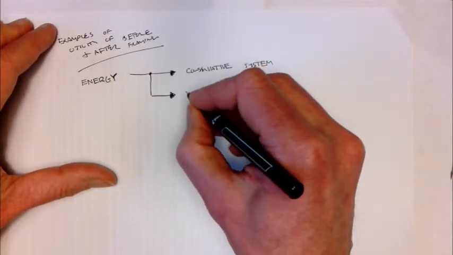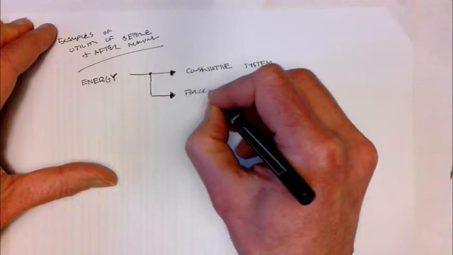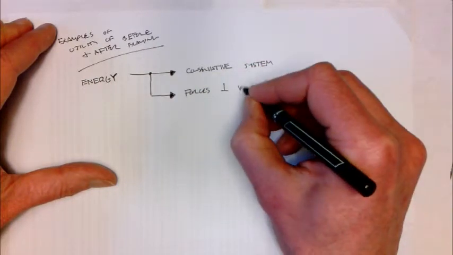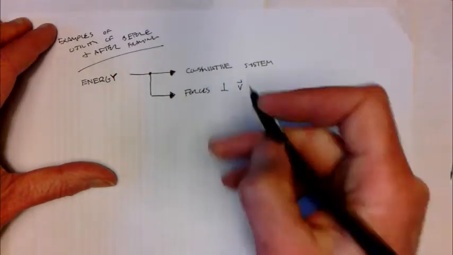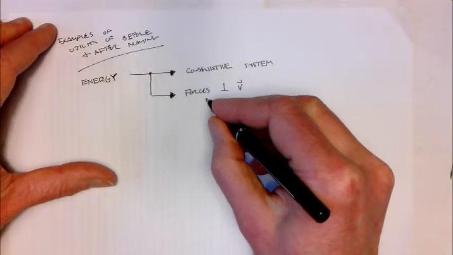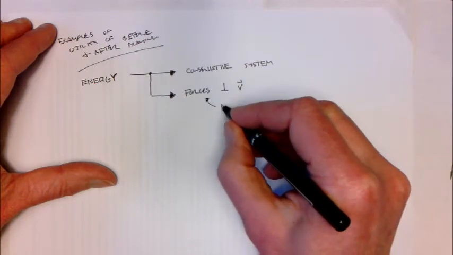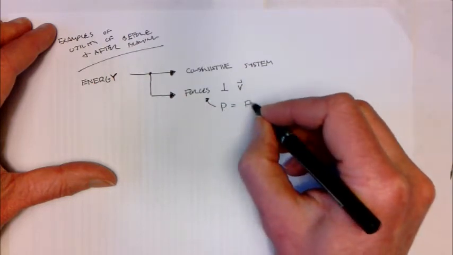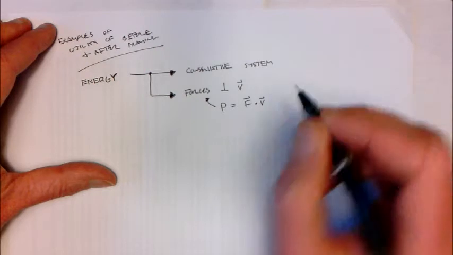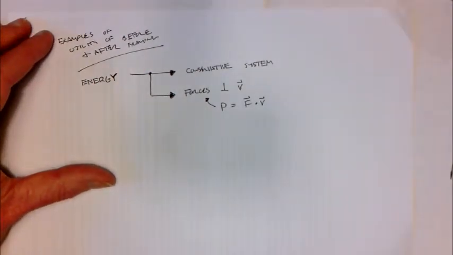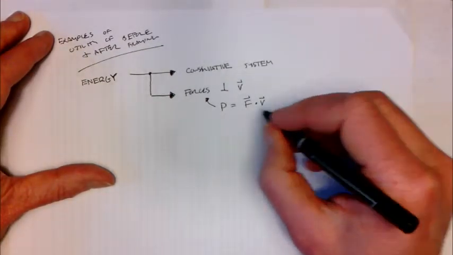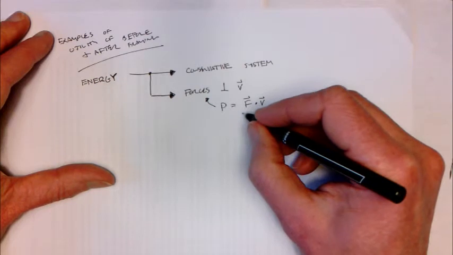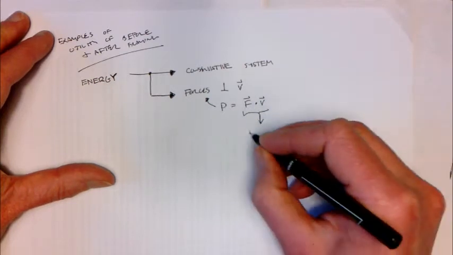In particular, whenever forces are perpendicular to the velocity, if you think back to power a little bit, these forces are forces that actually don't transfer any power to the system. So if you think about, for example, a case where you've got a force that is always perpendicular to velocity, like the Magnus force,